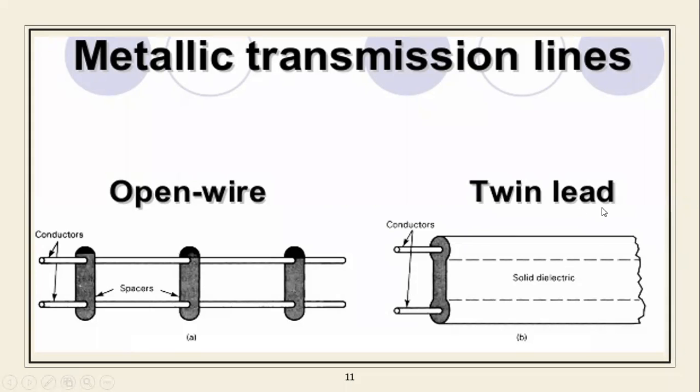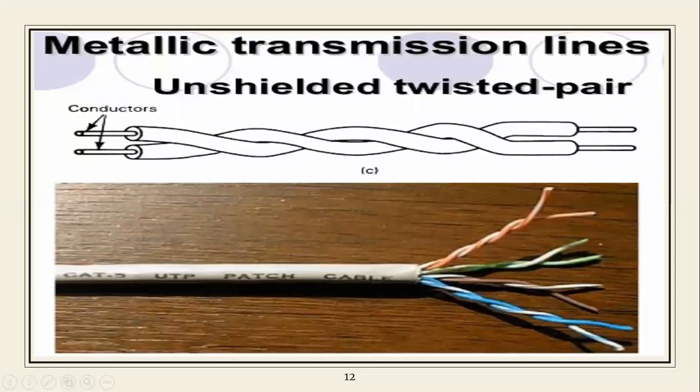Okay. Similarly, twin leads are here. On one side, a solid dielectric medium is there, with a positive and a negative conductor. And see here the shape of those clips. In this way you can find the twin leads. Then twisted pairs. You might have seen them in any kind of cable, such as a television cable, or if you are going for Wi-Fi and other cables, at that time also you might have seen them.